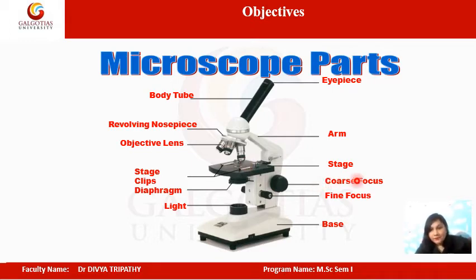Okay, this is the coarse focus. This is the fine focus. These are the knobs to do adjustment to get a clear image. This is the base of the compound microscope. This is the light. Here a mirror has been mounted. This is the diaphragm. These are the stage clips. Okay, so I hope you all have marked the compound microscope parts correctly. If not, just learn it. Okay, so I am going to explain all these parts of the compound microscope one by one in the instrumentation of microscope.